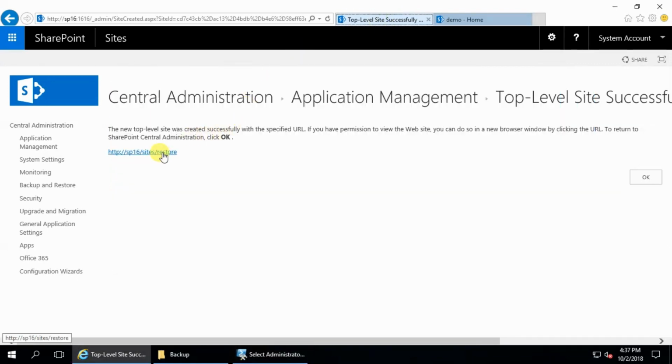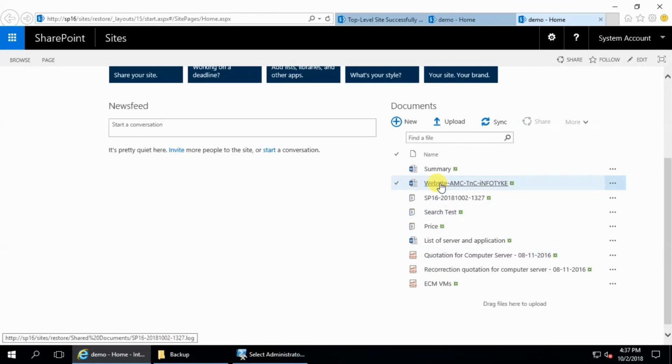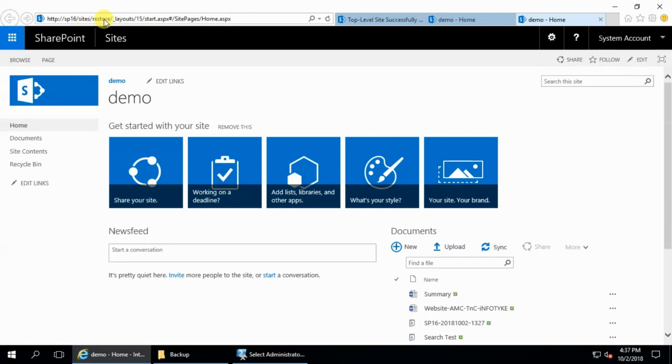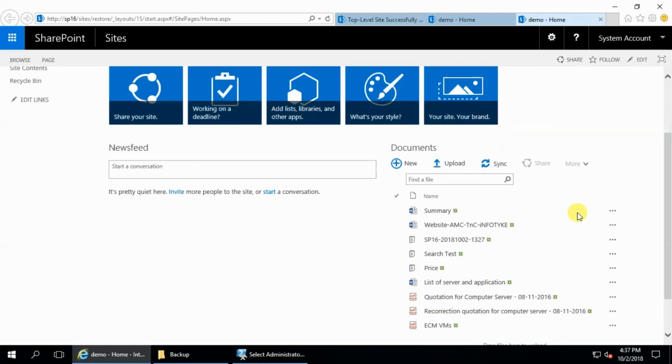So now I'm going to browse the site. There are the documents, and this is the site restore. Now we have successfully restored our subsite to a site collection from this exported content.